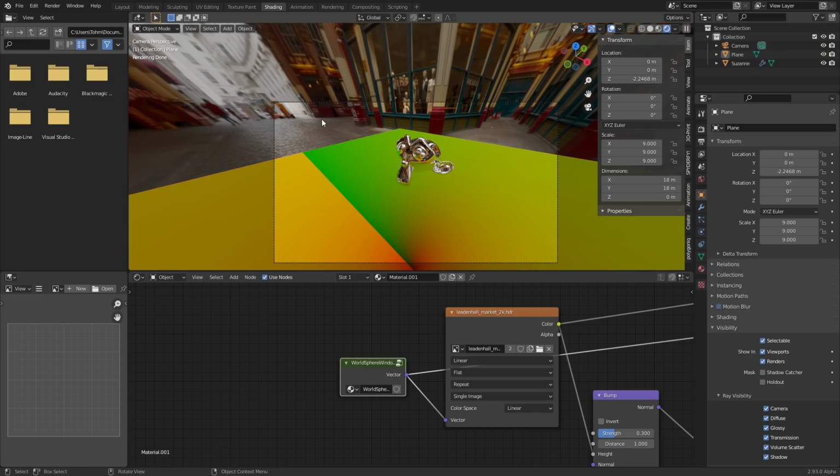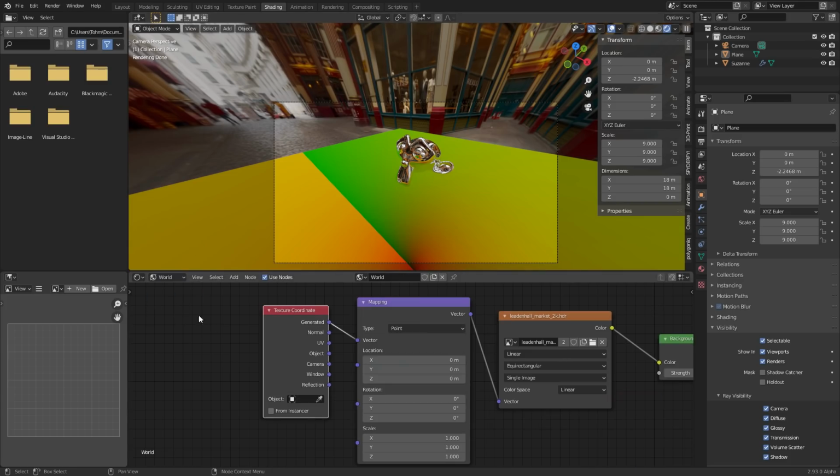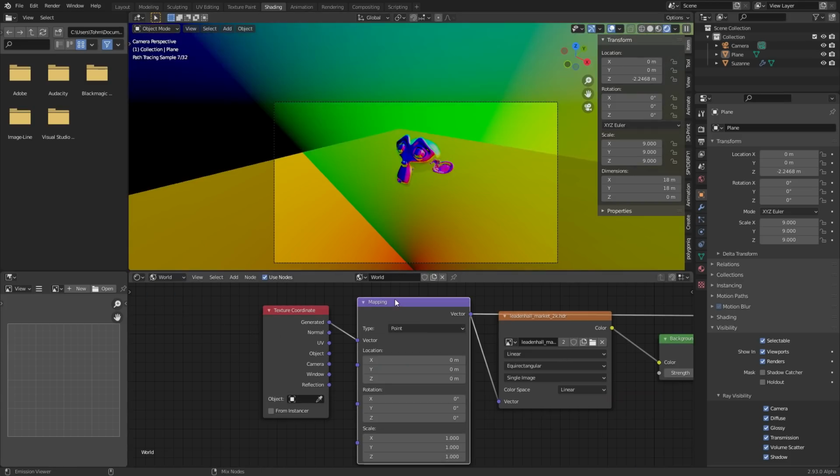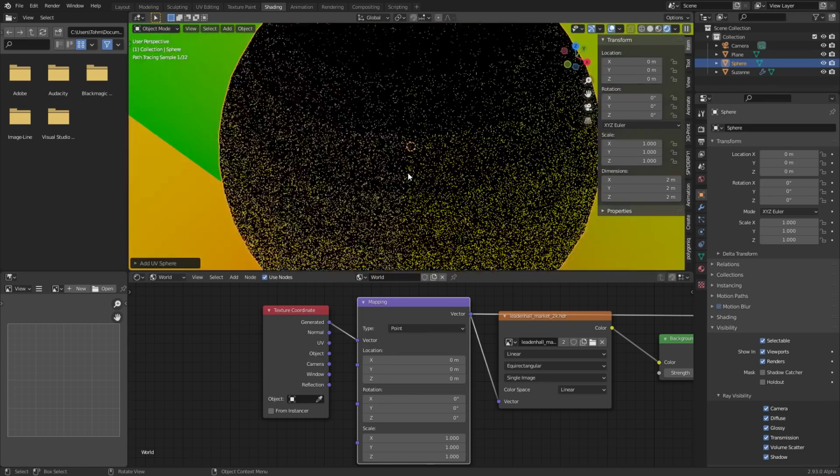The point is, if I was to go to the world shader now and look at the same coordinate system, you can see that these kind of line up together. This seam lines up, right? However, if you were to instead do the exact same thing we've done before, but this time